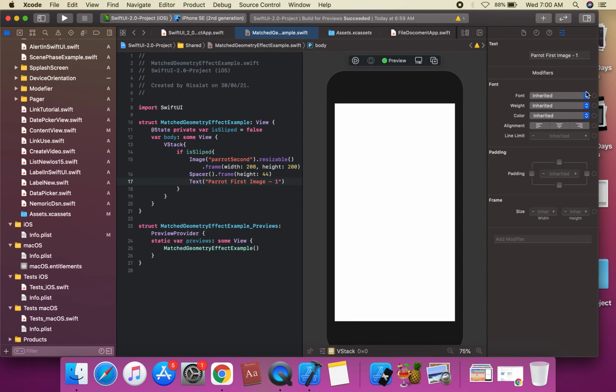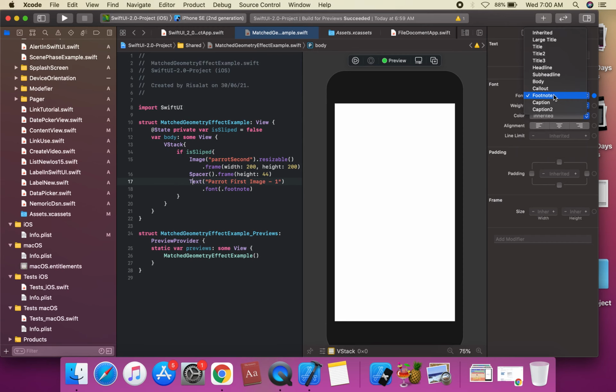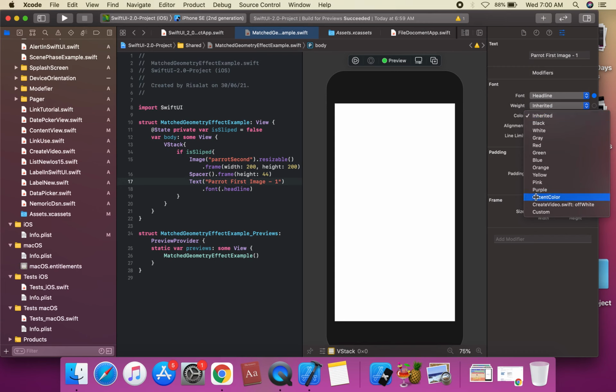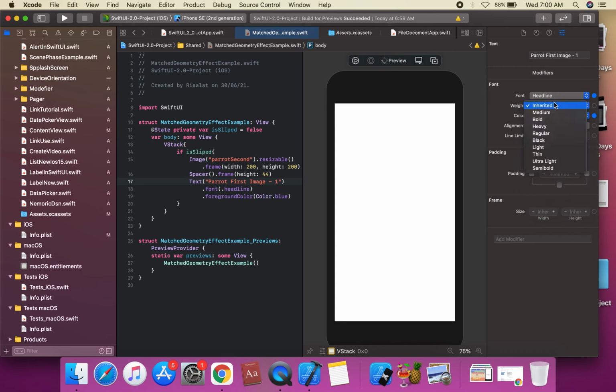We apply the font: headline, sorry, not title, the headline font. We apply a blue color, and the font weight heavy.